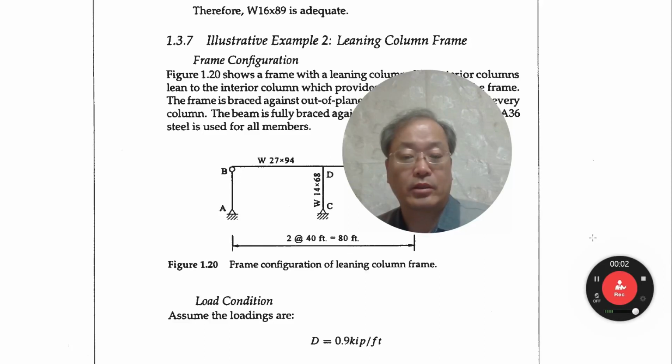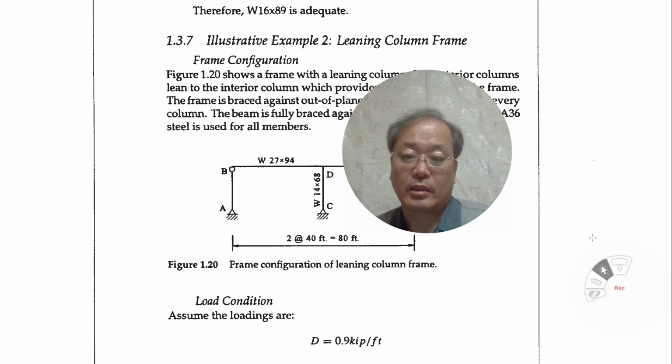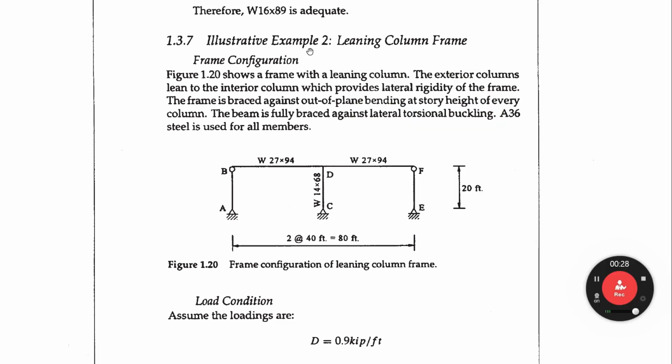In this lecture, I'll cover an example for showing column strength check. The example is a leaning column frame. As you see, this exterior column is top hinged, bottom also hinged. So these two exterior columns have no lateral rigidity. In this frame, this central column at the top is rigidly connected, so this central column provides lateral rigidity